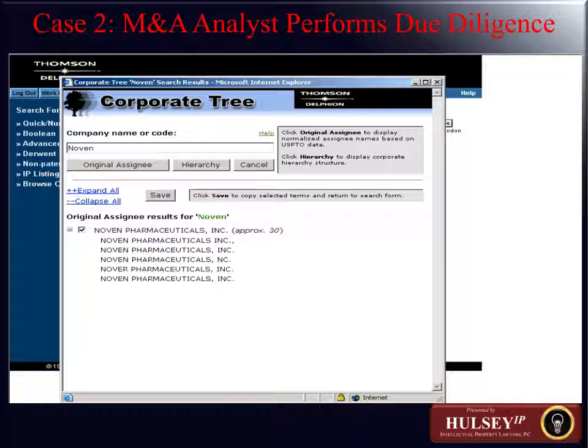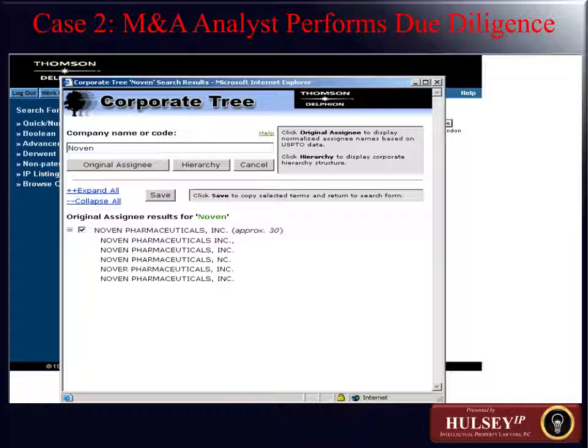Let's look with that type of basic understanding in case one. Let's see if we can take that understanding of how this website, how this resource might be used, and take it to another level. From the specs for this example would be the validation of a company, Novin's drug delivery technology expertise. Okay, so here I want to find out, I have a company by the name of Novin, and I'm trying to find out what I can about their particular expertise